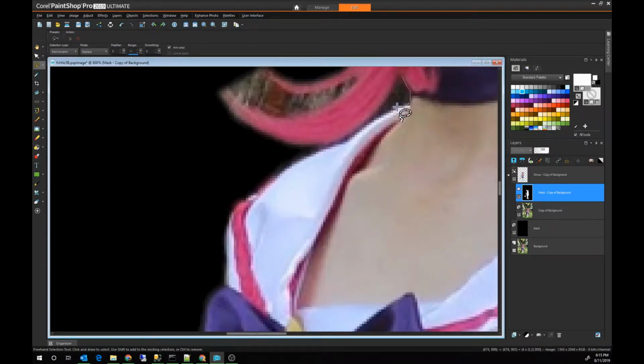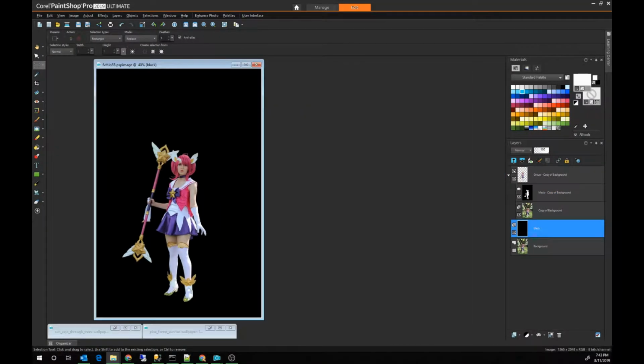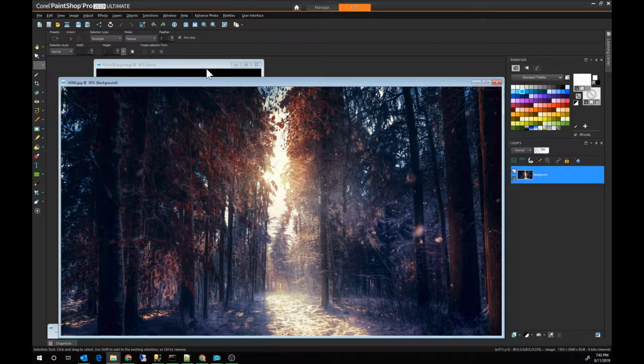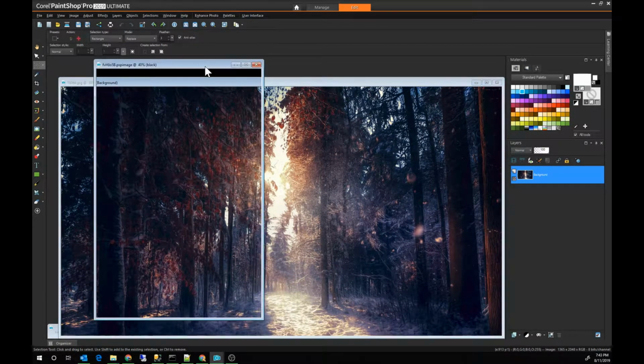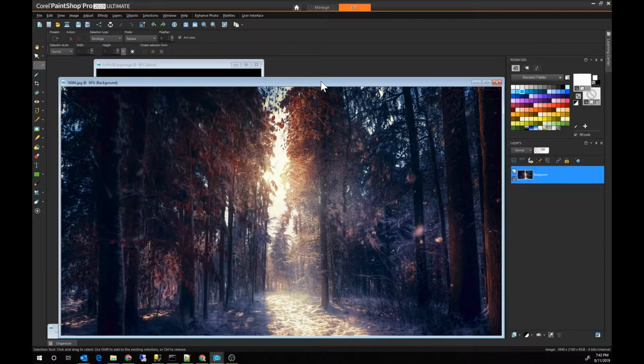And just one little bit left, and we are done. All right, now to add a background. So I'm going to try this dark forest background I found first. Looks pretty good. So let's see. Go over here, select it all, copy it,